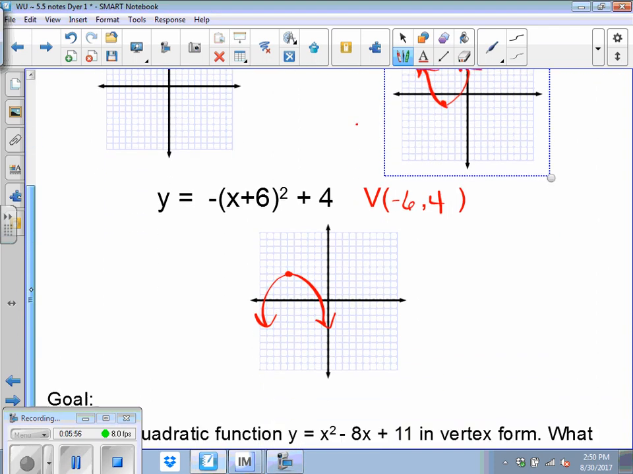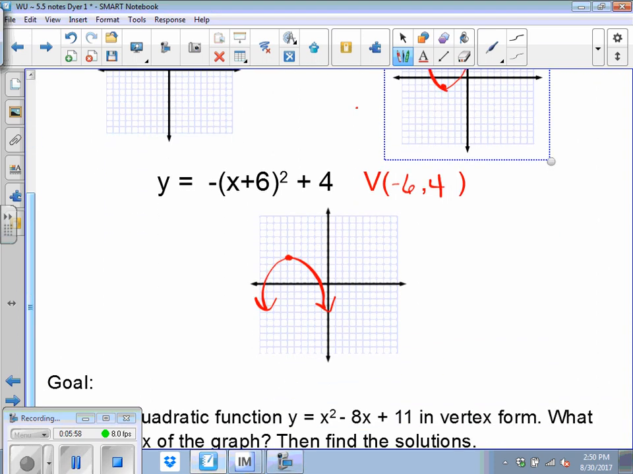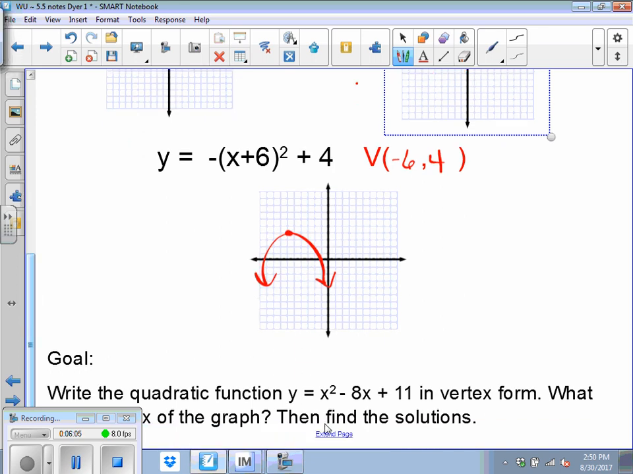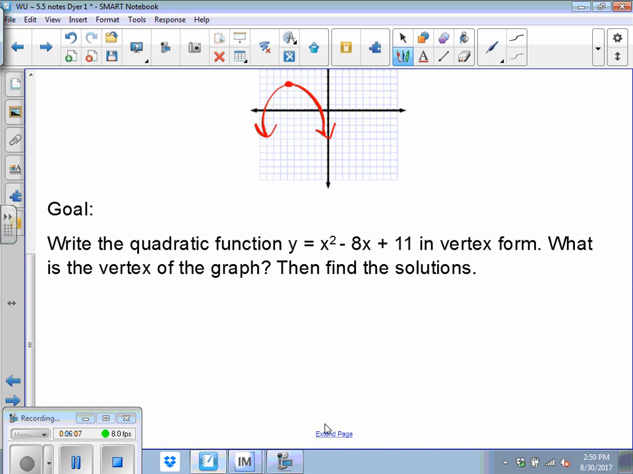Okay. Like I said, the problems in your homework are going to ask you, tell me what the vertex is. Our goal, now you don't need to write this down here, but this will be our goal. It'll say, write the quadratic function, here's an example of one, in vertex form. What is the vertex of the graph? And find the solution. Well, the only way to go from this form to vertex form is to complete the